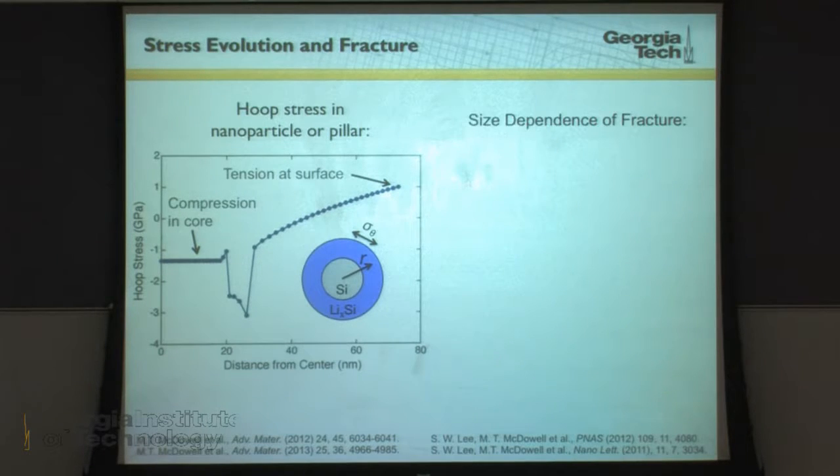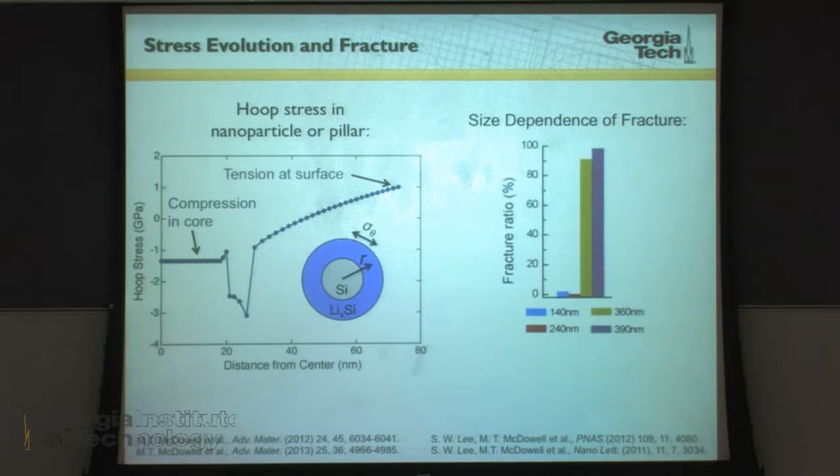So an interesting thing that I observed along with one of my colleagues, Suk-Woo Lee, this was at Stanford when I did this work, is that there's a strong size dependence to fracture. So particles and pillars, nanostructures of different sizes do or do not fracture depending on their size. So here's just an example plot showing this. We imaged a bunch of these particles and pillars and determined whether they fractured